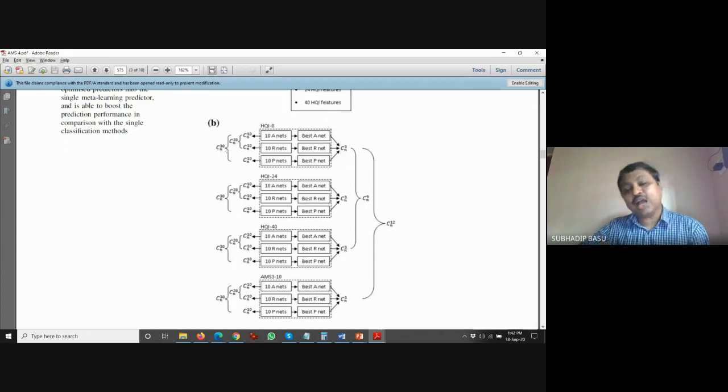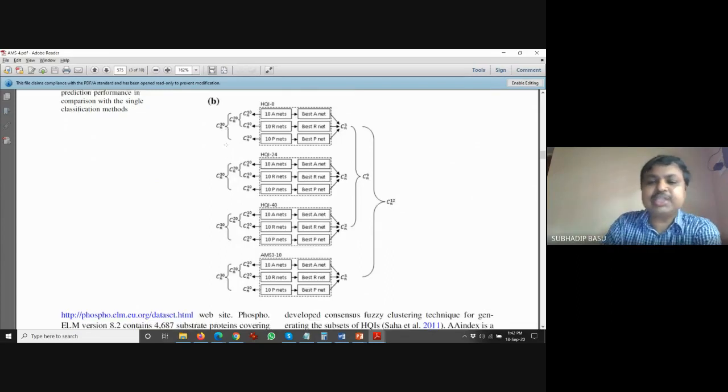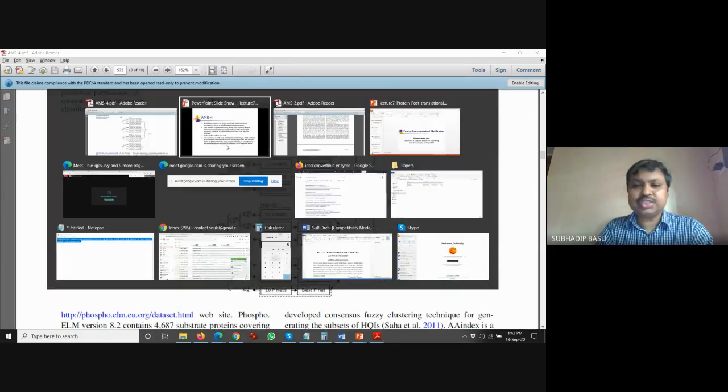If you consider a 30-star consensus in a 30 consensus situation, that means those positives that you get are probably genuinely positive, and there is less chance of a false positive there. So that is why consensus prediction is always important, and this work is widely cited because of this consensus